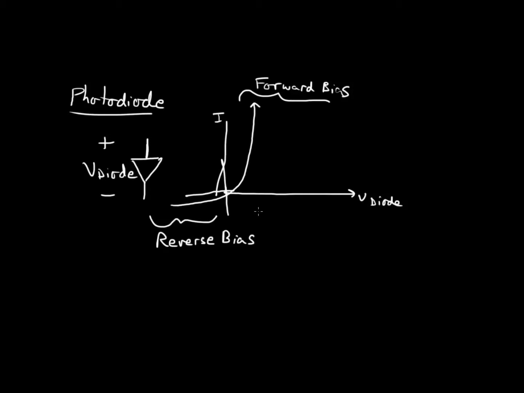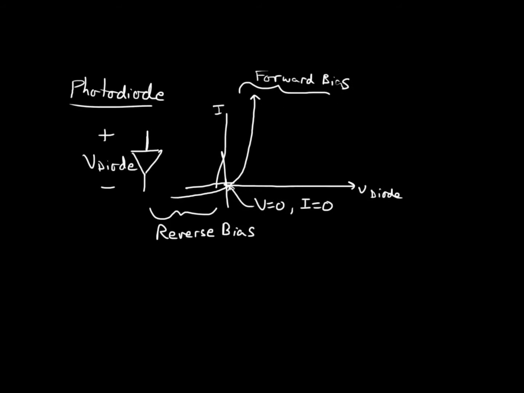That's where we're going to operate our photodiode. And then you have this point here where V equals 0 and I equals 0. I forget the name for that, but that's what the deal is. Like I said, we're going to operate a diode, our photodiode, in reverse bias. And a diode is nothing different than a photodiode. Sometimes there's a little bit different structure in how they're built up, but for all intents and purposes, they're the